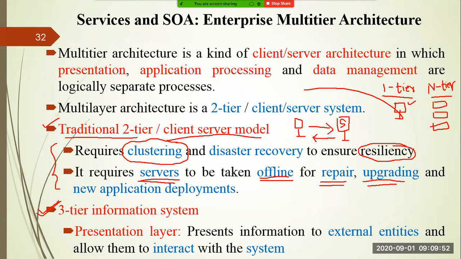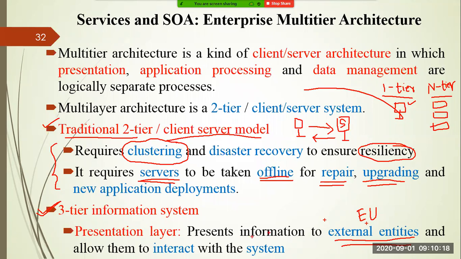So what does the presentation layer deal with? It does the same work as the application layer, whatever you have seen in the OSI ISO reference model in computer networks, right? So the presentation layer presents the information to external entities. Who are the external entities? The end user. Our end user is the external entity. So the end user wants to transfer data to another user, right? So this presentation layer is close to the user, right?